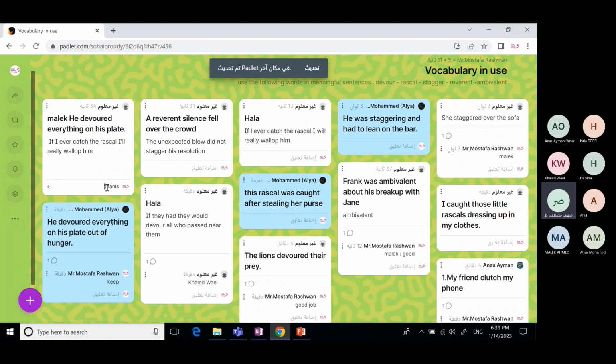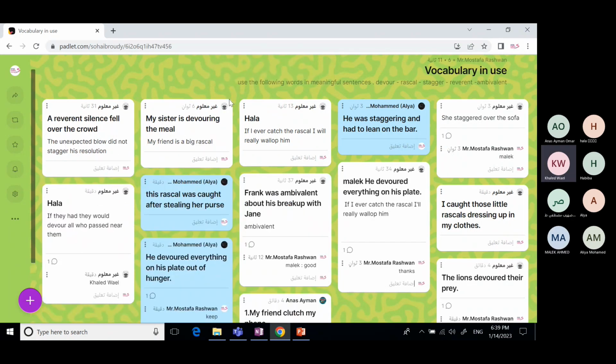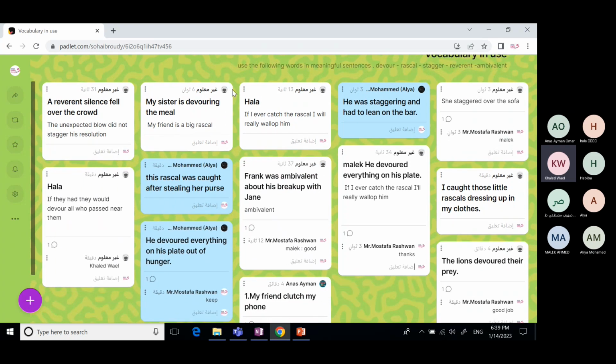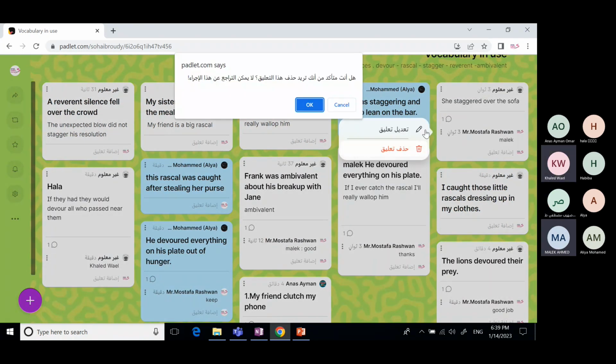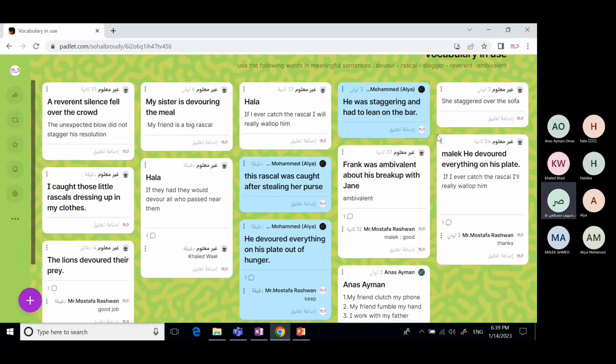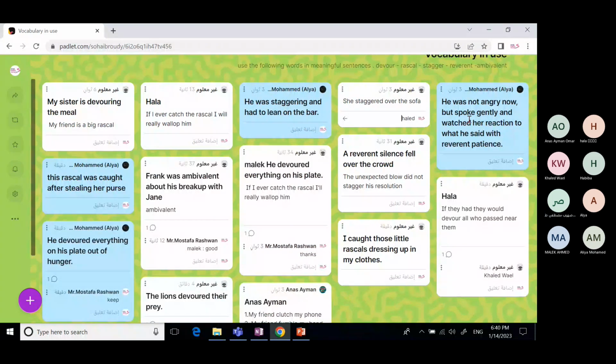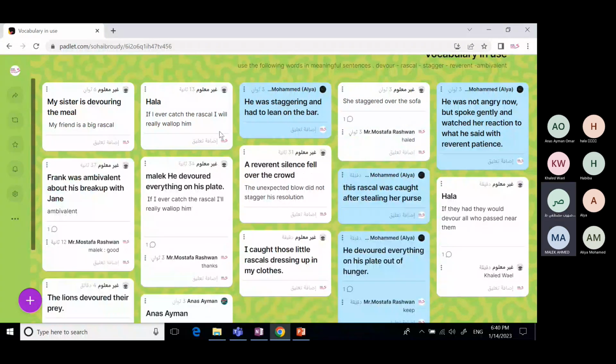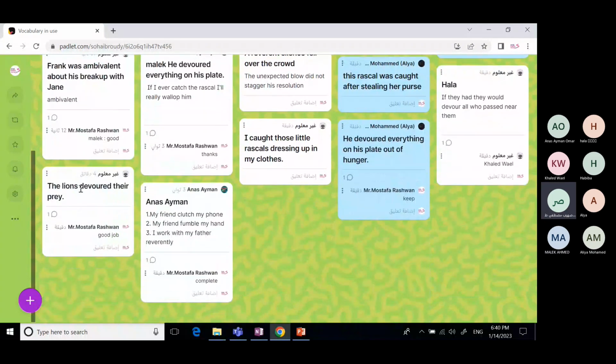Good job. Yes. You know, she staggered over the sofa. It's me, not Mac. This sentence is mine. I'm the one who wrote it. Khalid, I mean? Yes. Okay, I think Khalid. Thank you, Khalid. And below the lines, devoured